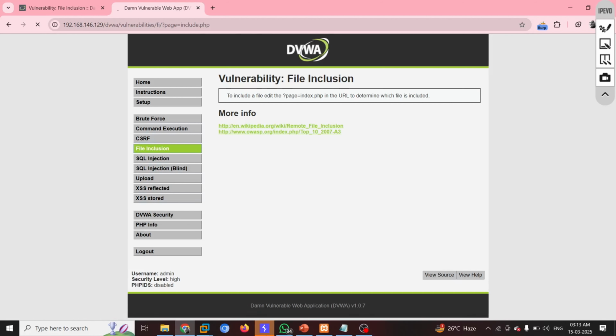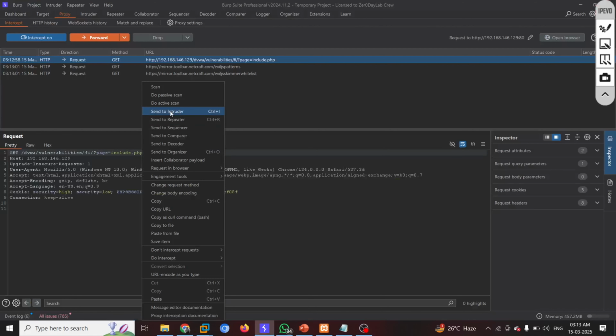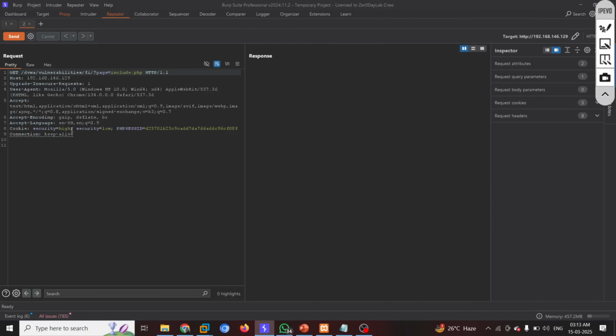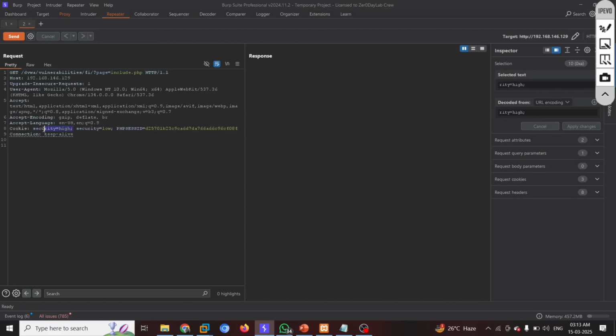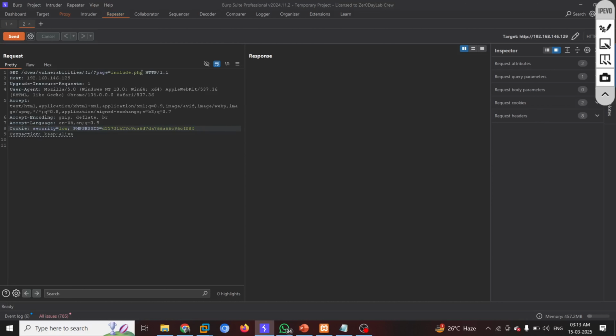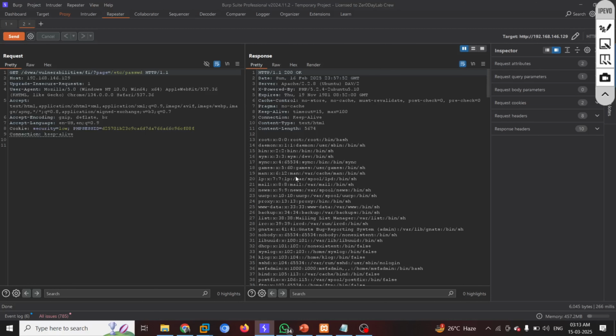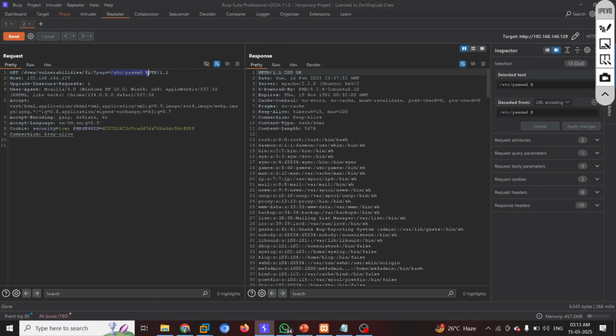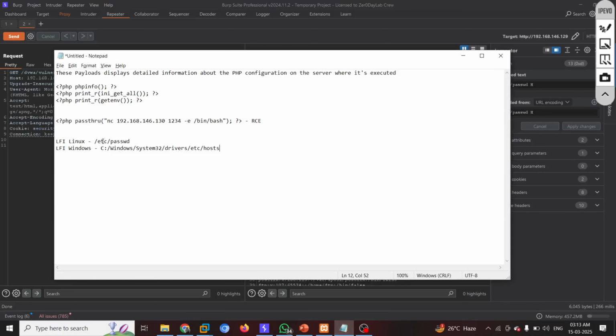I intercepted the data, sent it to the repeater, removed high level security, and used etc password. Okay, so we got it, right? We got it with the same payload, etc password, right? So we just got it with etc password.